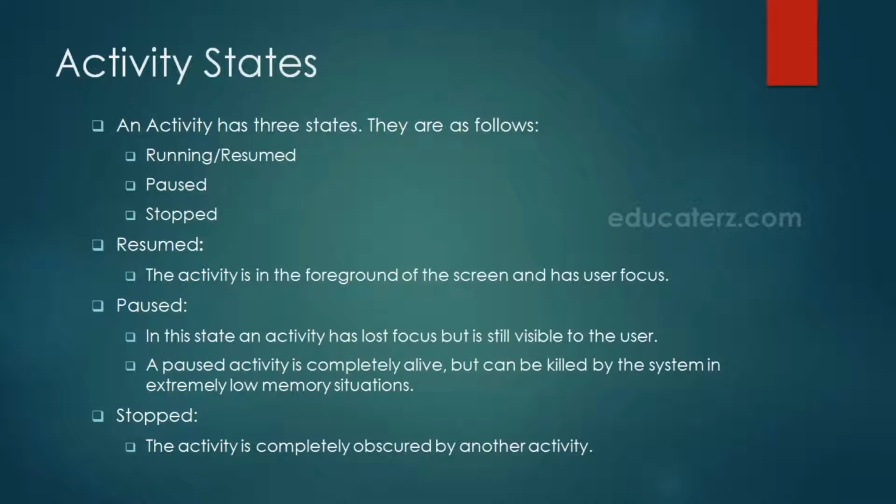Assume, for namesake, I'm taking this. We have different things to do at these different states of our life. We enjoy a lot in our childhood. Then when you come to the middle age or young age, you concentrate on your career, and in the middle age you get married, and later in the old age you relax. The same way, there are different states of this activity and it will perform different kinds of actions. Now let us see what these states are and what the callback methods are for these three different states.